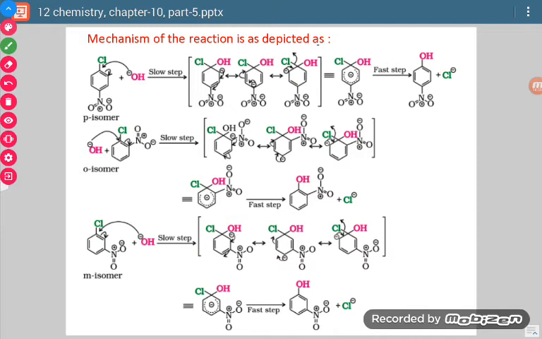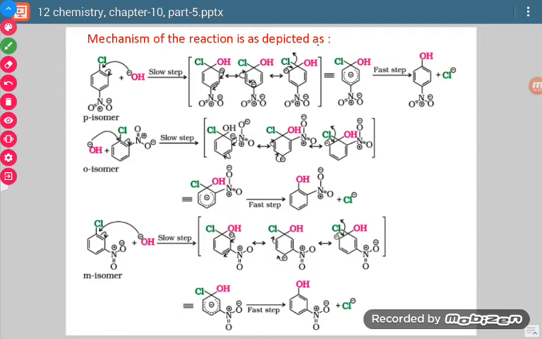Now the question comes that in these reactions, we have taken the nitro group only either at the ortho position or at the para position, but we have not taken it at the meta position. Why is it so? Will meta nitrochlorobenzene show more reactivity or not? The answer is, it will not show more reactivity. There is no effect of a nitro group attached at the meta position for increasing the reactivity. Now see, why is it so?